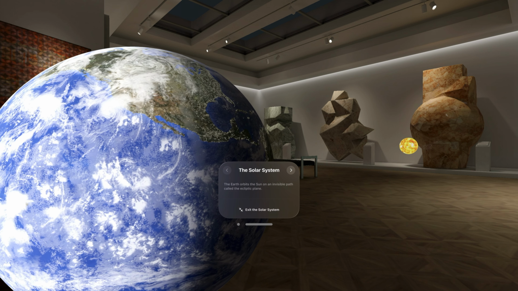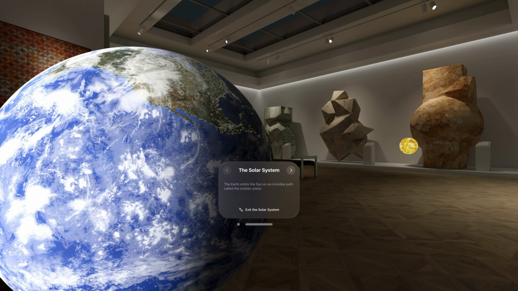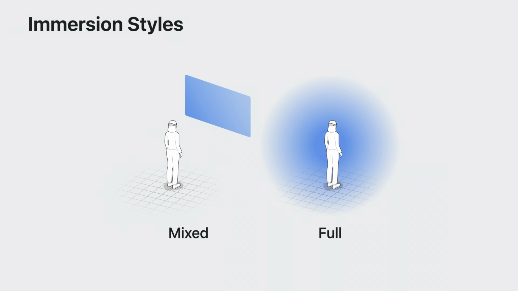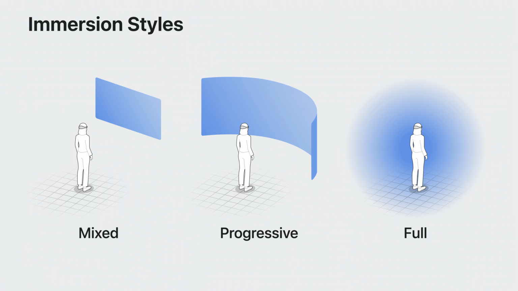To do that, I'll use a powerful tool of spaces, immersion styles. A full space can come in one of several immersion styles, and you can transition between these styles on the fly. With mixed immersion, your space's content coexists with the real world, which makes it great for lightweight experiences and augmenting people's surroundings. With full immersion, your app can become fully immersive and hide people's surroundings, transporting them into stunning new worlds. And progressive immersion is a great middle ground for experiences that keep people grounded in their real world in their periphery. With progressive immersion, people can also use the digital crown on the device to dial in exactly how much immersion feels right to them.